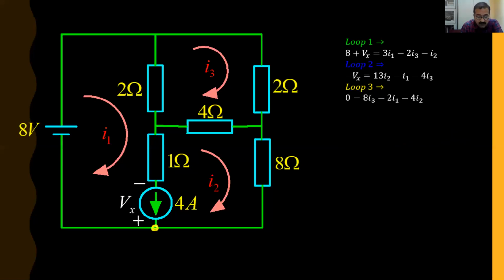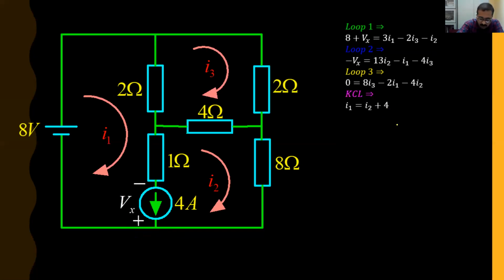If you remember, this current source has to be expressed in terms of the 2 mesh currents. So consider this node: I2 is entering this node and I1 is leaving. This node has a total of 3 branches, right? Branch 1, branch 2, and branch 3. Through branch 1, current I2 is entering the node, through branch 2, 4 ampere is entering the node, and through branch 3, current I1 is leaving. So sum of currents leaving must be equal to sum of currents entering. That means 4 plus I2 must be equal to I1. This is KCL. Fine. That is what you are seeing here.